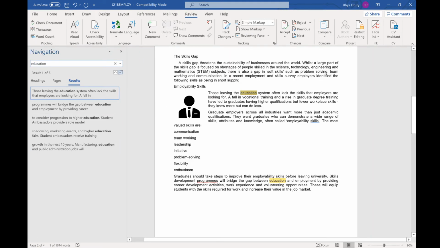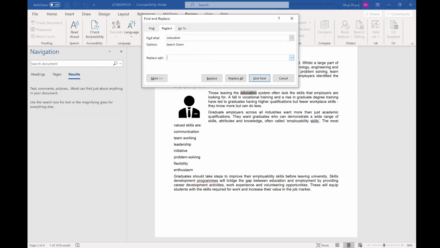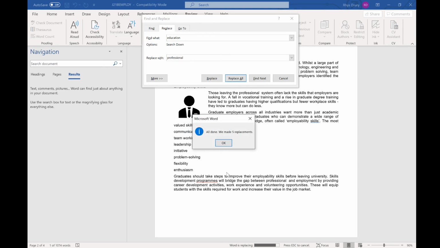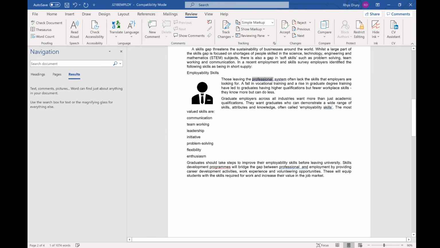Now, what I might realise is, you know what, I shouldn't have said education. It's actually about a professional system, which doesn't make too much sense, but you get what I mean. Click here and click replace. What we can do is replace the word education with professional. Click replace all. Made 5 replacements, and you can see now those leaving the professional system often lack the skills and so on, so it's replaced all those pieces of text, which is really useful in the future for if you want to